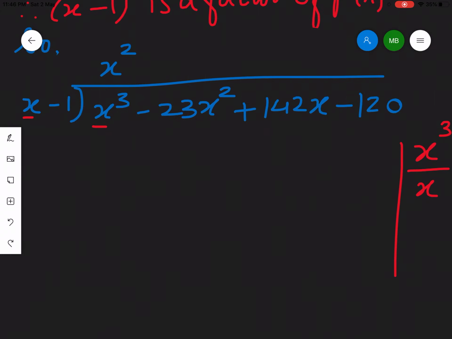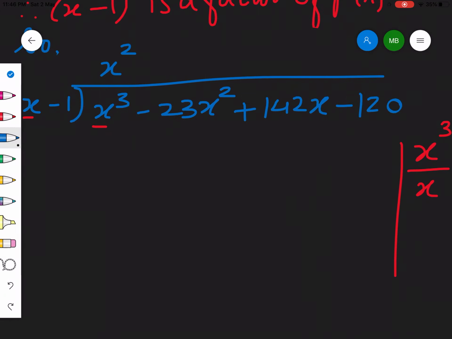What next? What am I supposed to do next? Now you have to multiply all the terms in your divisor by this quotient. So if you multiply x squared by x, what will you get? You will get x cubed. And if you multiply minus 1 by x squared, what will you get? Minus x squared. Always remember, you have to write the like terms one under the other, like cubed under cubed,